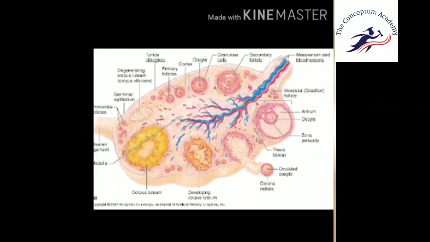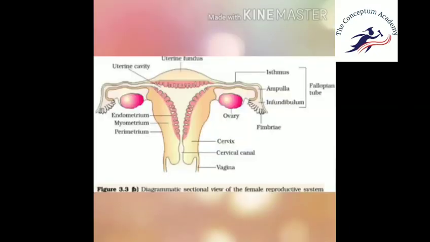The infundibulum leads to a wider part of the oviduct called the ampulla. The last part of the oviduct, the isthmus, has a narrow lumen and it joins the uterus. The uterus is single and it is also called the womb. The shape of the uterus is like an inverted pear. It is supported by ligaments attached to the pelvic wall. The uterus opens into the vagina through a narrow cervix. The cavity of the cervix is also called the cervical canal, which along with the vagina forms the birth canal.